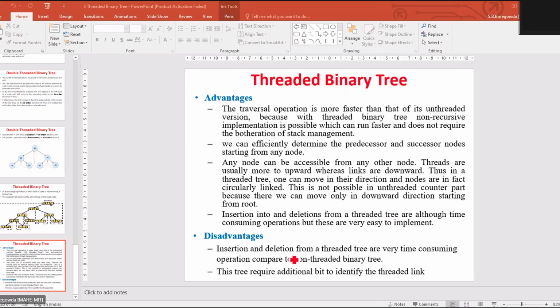If these three nodes lie in a straight line, apply the single rotation. So we are going to use the single rotation if they are falling in the same straight line, whether it is a left skew tree or a right skew tree.